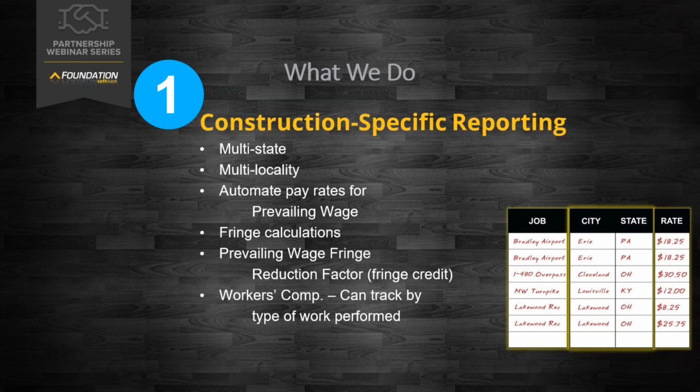And like I mentioned too, we're able to automate the pay rates when it comes to prevailing wage work. On the employee record, I can set it up so that Rick's getting a set $15 an hour, but when he's working on that prevailing wage government job, he's going to have to be paid maybe $20, $25 an hour per that job's contract.